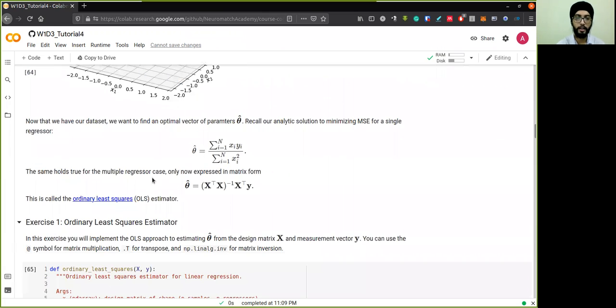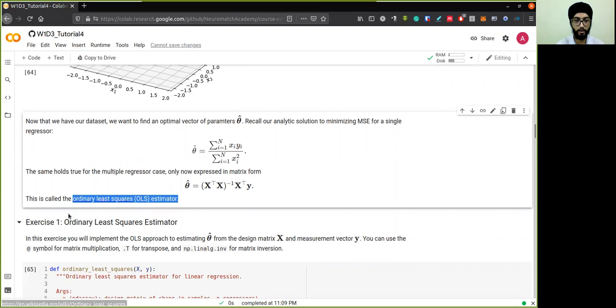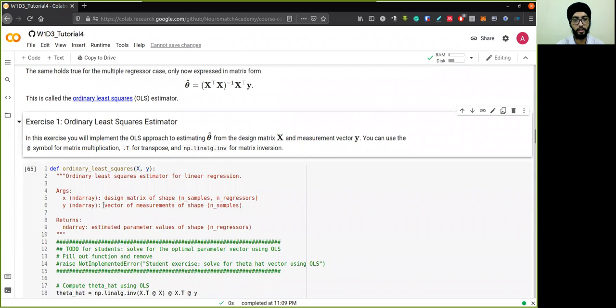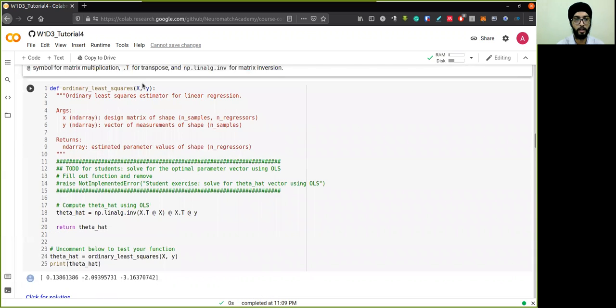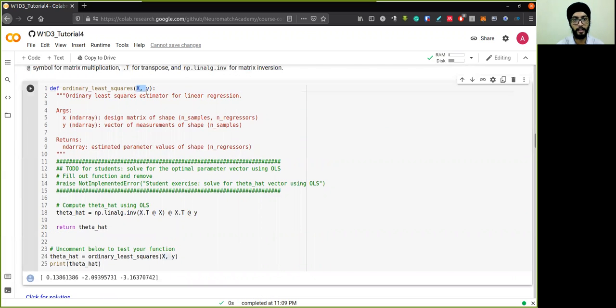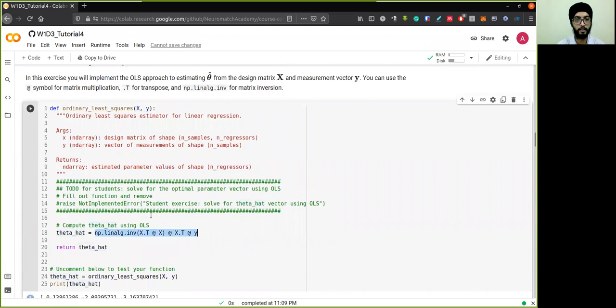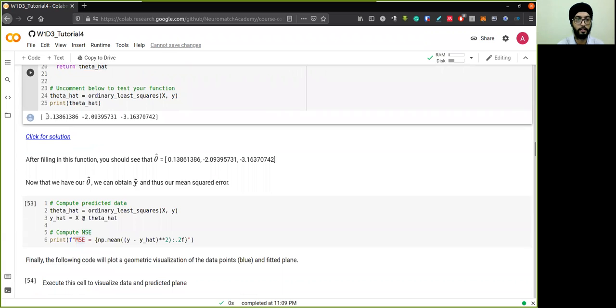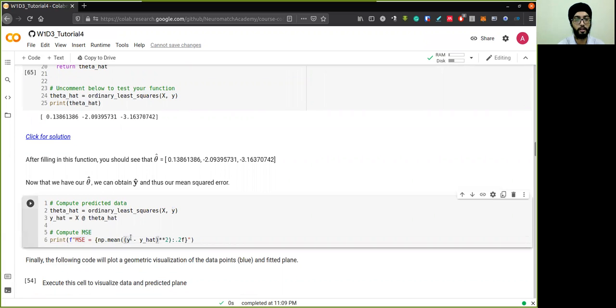Finally, given x and y, how would we calculate theta, right? We do so by something known as the ordinary least squares estimator, which we have discussed earlier. Now, coming to the formula, this function will take x and y and give an output of theta hat. To do so, we use matrix multiplication, matrix inversion and the transpose function, right? And then this is the output theta hat we get,